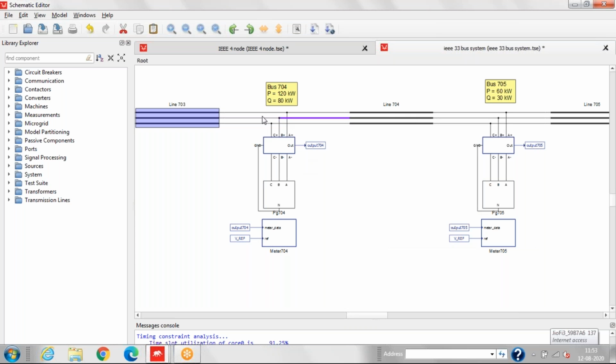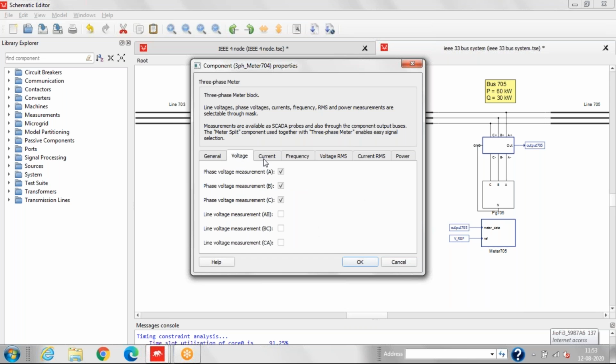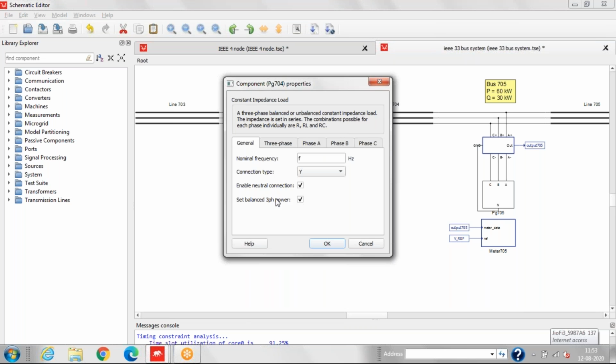After that, for every node, the first measurement component block used is the 3-phase meter, which is used to measure the voltage and current. You can see that this is the 3-phase meter, which is present in the microgrid component library. Then this is the constant impedance load.